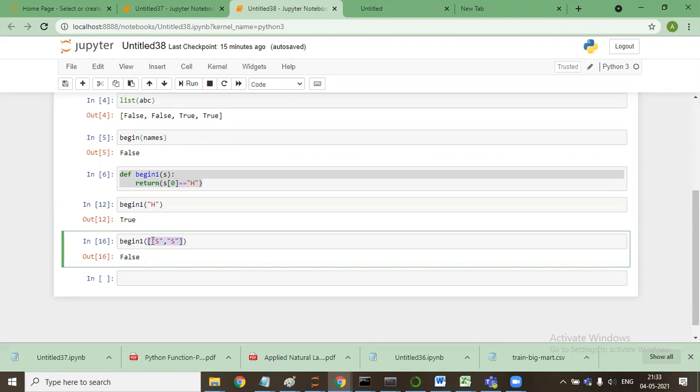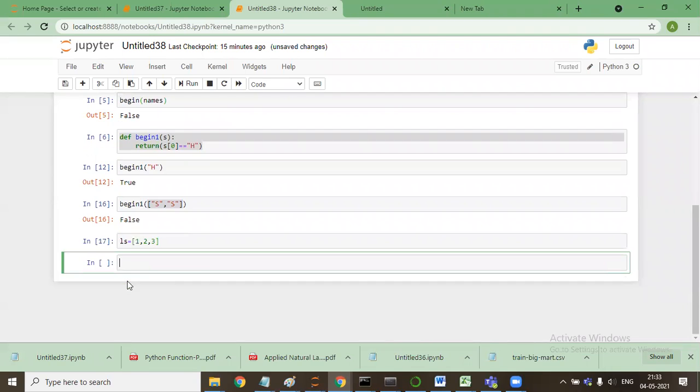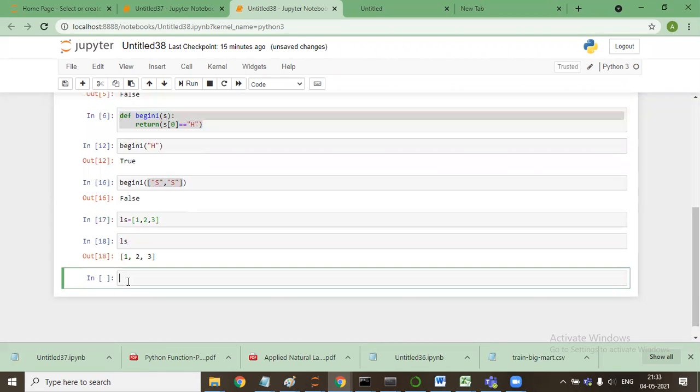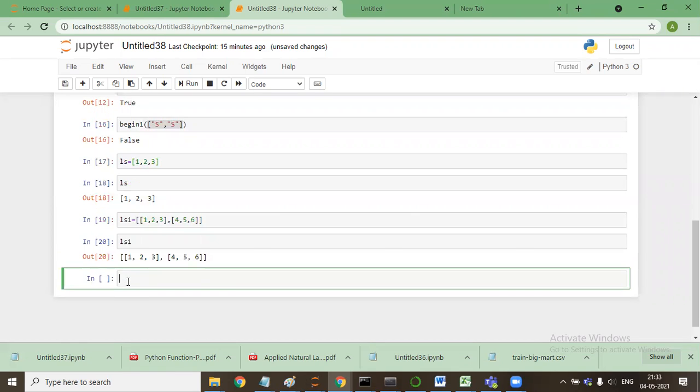If I say ls is equal to a list, now this ls is an argument only if it is being passed, but it has values within. If I say ls1 is a list, and I say ls1[0], then it will come to 1 2 3.